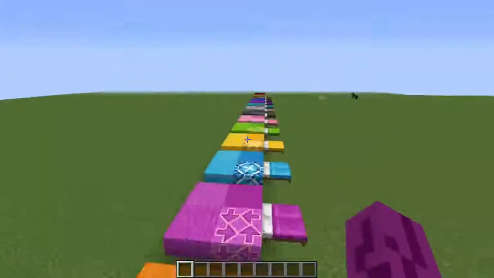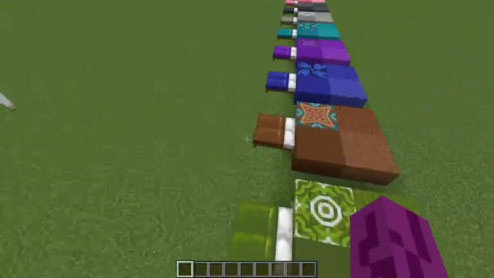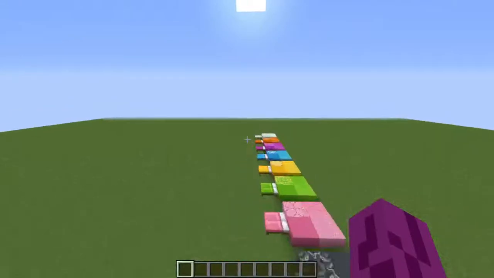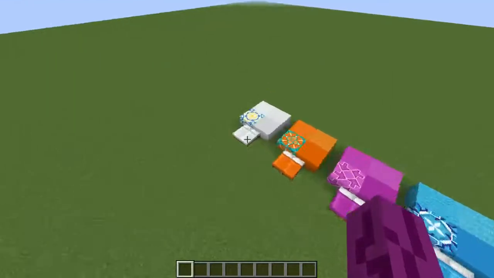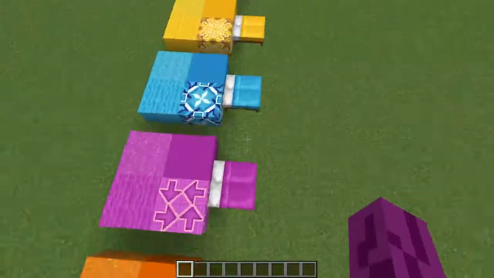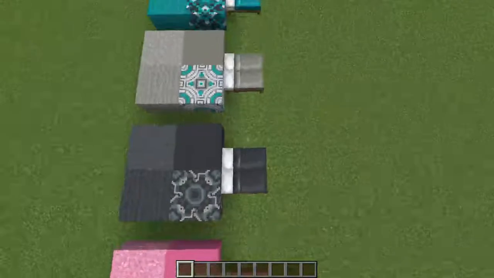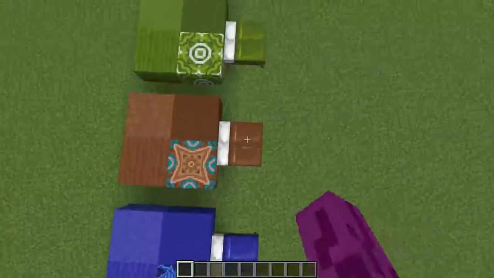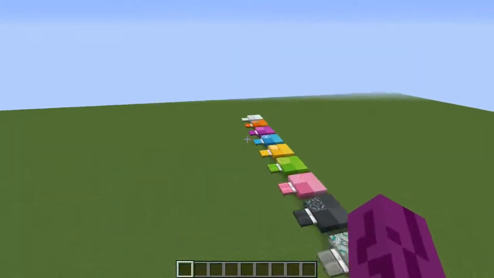Alright. So, as you can see, I've prepared a little something. It's not a whole lot. But, immediately, you see that we now have colored beds. Something that has been requested forever. We've got the white bed, orange bed, magenta bed, cyan bed, yellow bed, lime bed, pink bed, gray bed, light gray bed, cyan bed, purple bed, blue bed, brown bed, green bed, red bed, and black bed. And then on top of that,